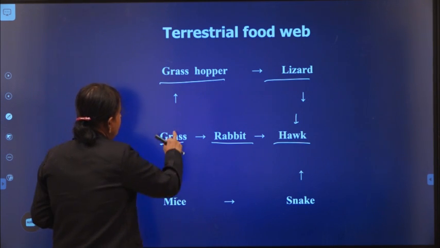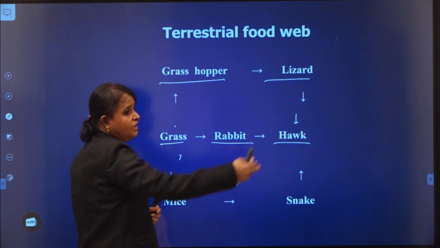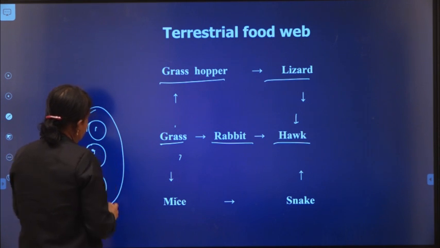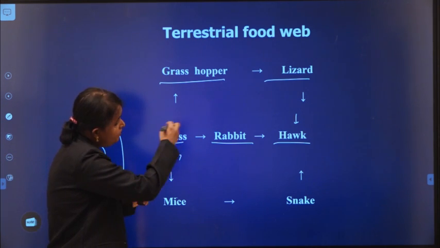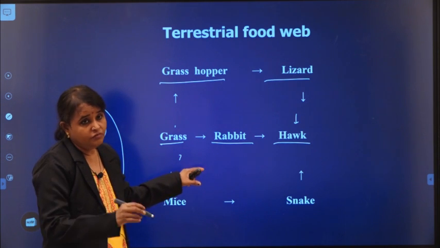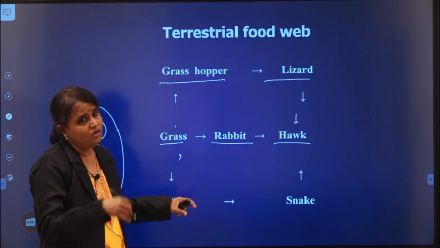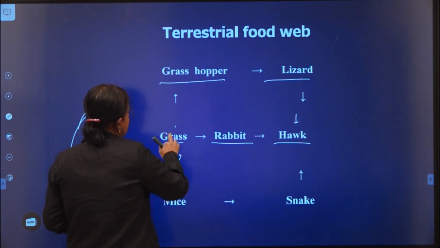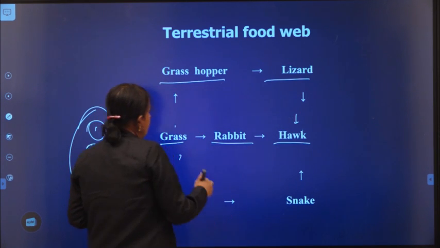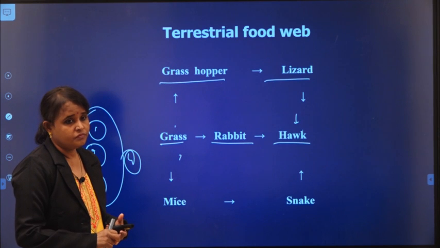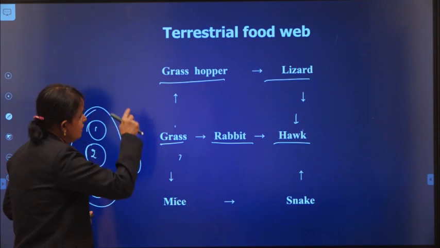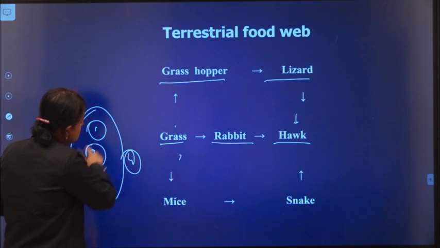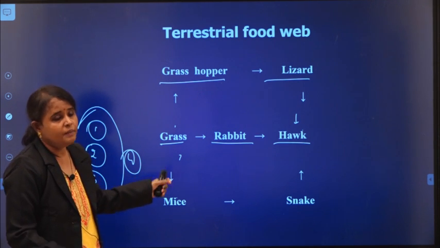You can also directly give grass, lizard, hawk, directly you can give. But now you show here three food chains, enough. Here three food chains, you just write three food chains are combined together to form a network like pattern here. Or you can add another food chain, grass, lizard, hawk directly. Okay, that is also one food chain. Understood? So, this is a terrestrial food web example. I am showing here four food chains are combined together and form a network like pattern.